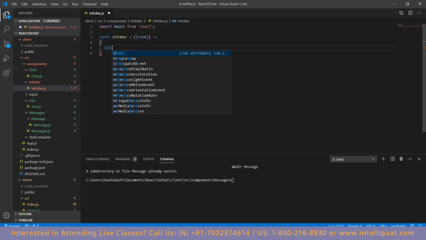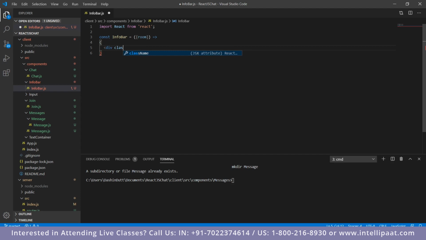Firstly, we'll create another division which we'll call className bar. We can implement the design for this using the CSS style file. Once that is done, we can close this up and start with another division, which we'll call className left